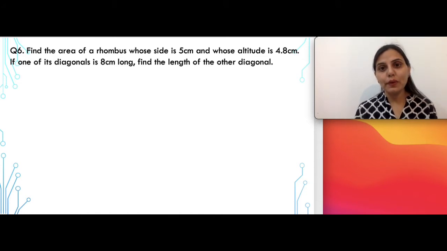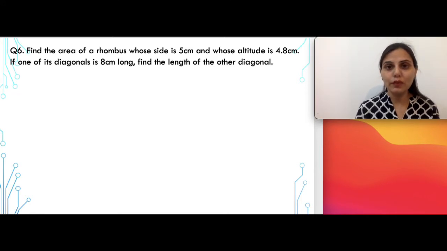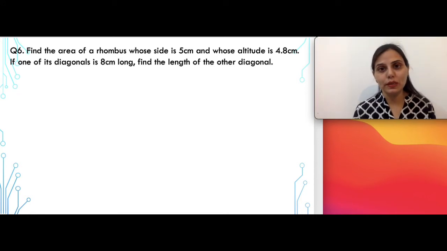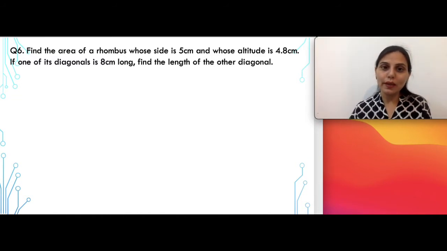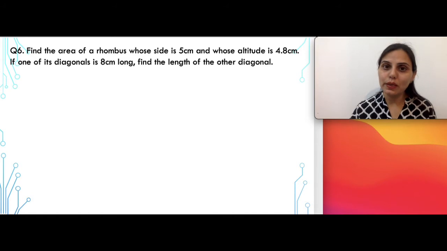Now, if you remember, in one of my videos, I had given you a table in which I had written the formula for perimeter and area for different geometrical diagrams. And I told you to memorize those because these formulas are going to be used in the application or for the word problems. So let's apply the formula for area of a rhombus in this case. Now, as we know, the area of a rhombus can be found in two different ways. Let's see the solution for the same.